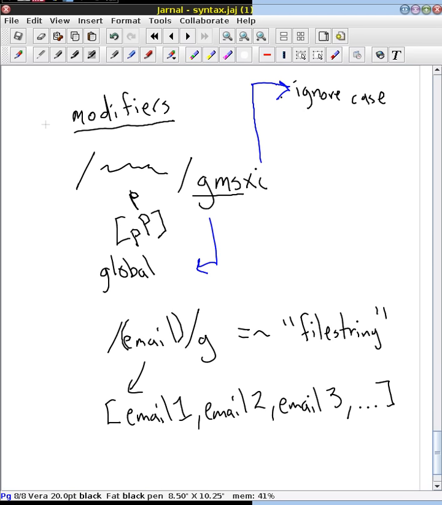So this can be a really simple way, if you're doing case-insensitive matching or whatever, to specify that quickly and not have a really ugly looking regular expression to